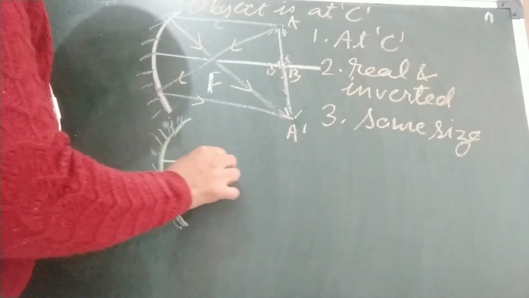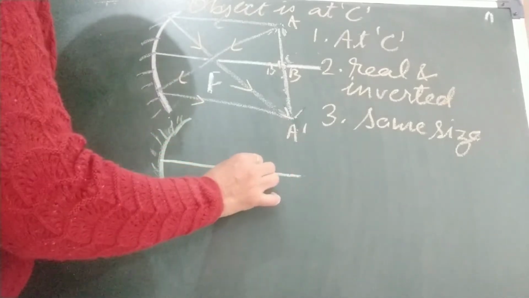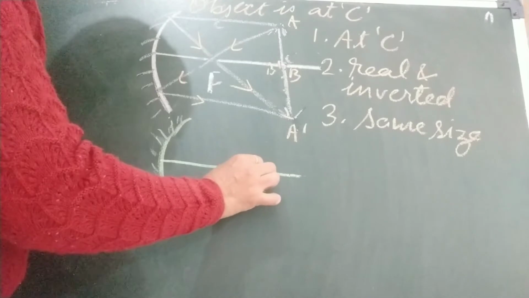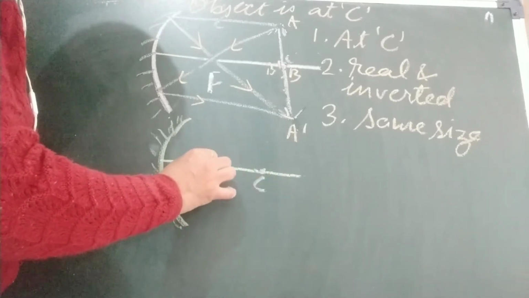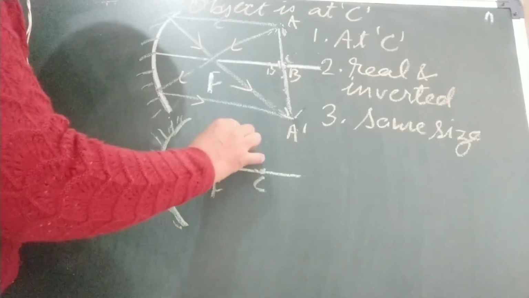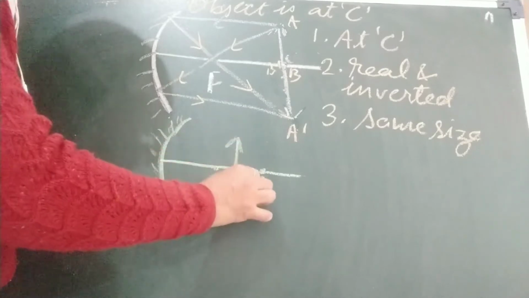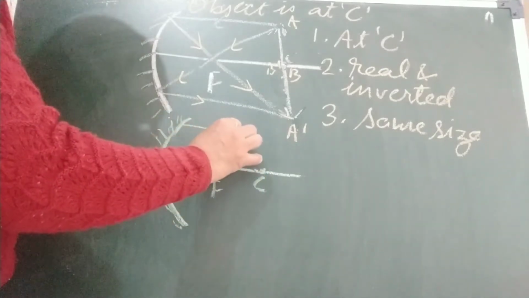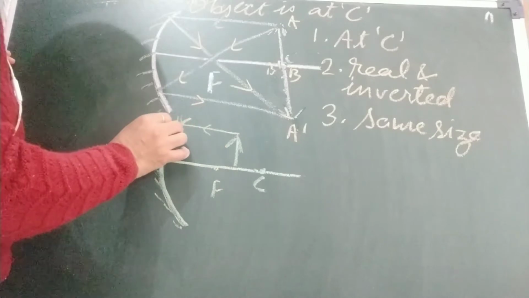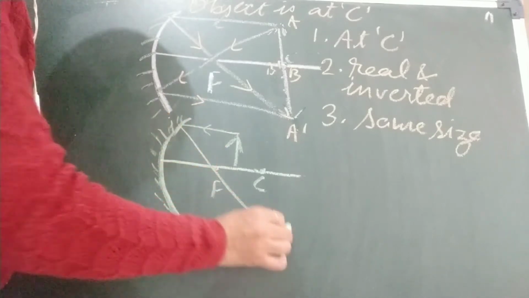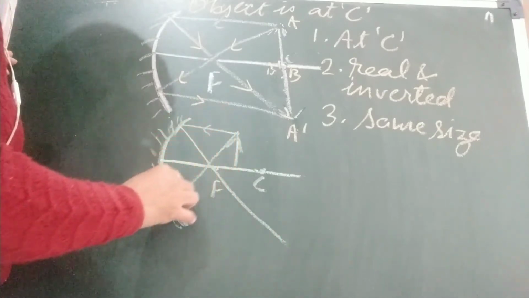This is C. This is F. Now the object is placed between F and C. First ray passing from this. Second ray